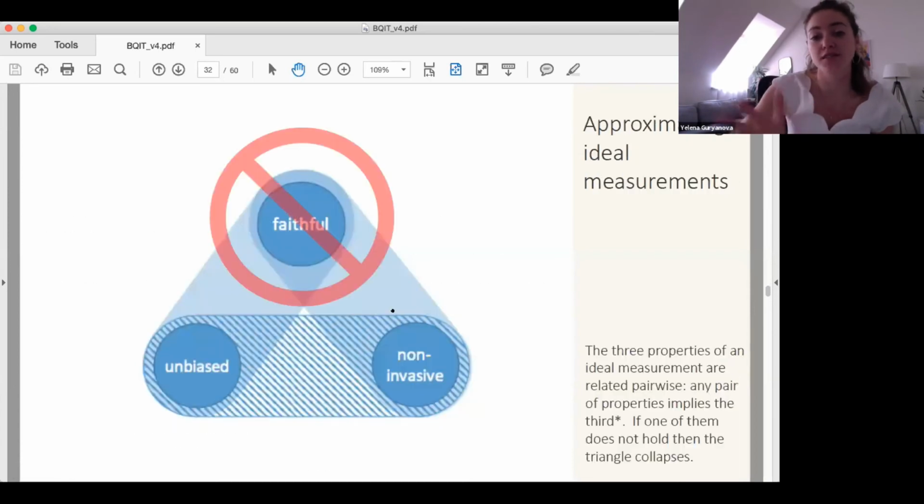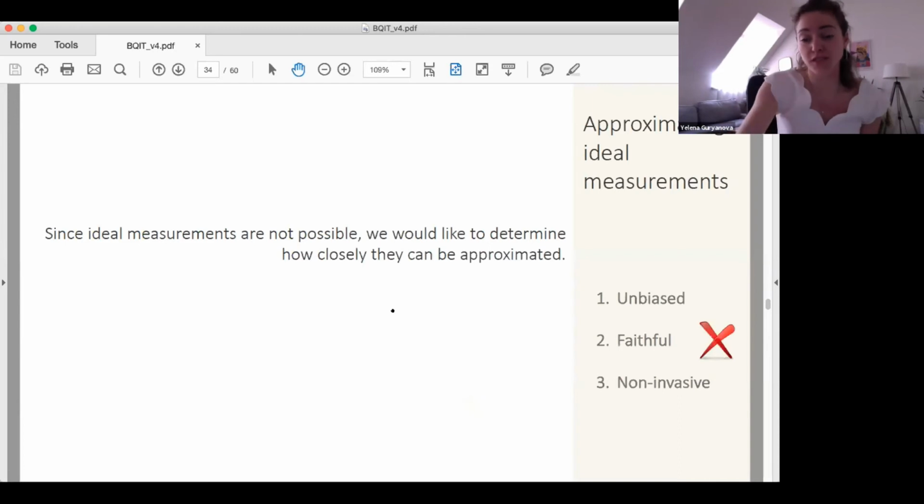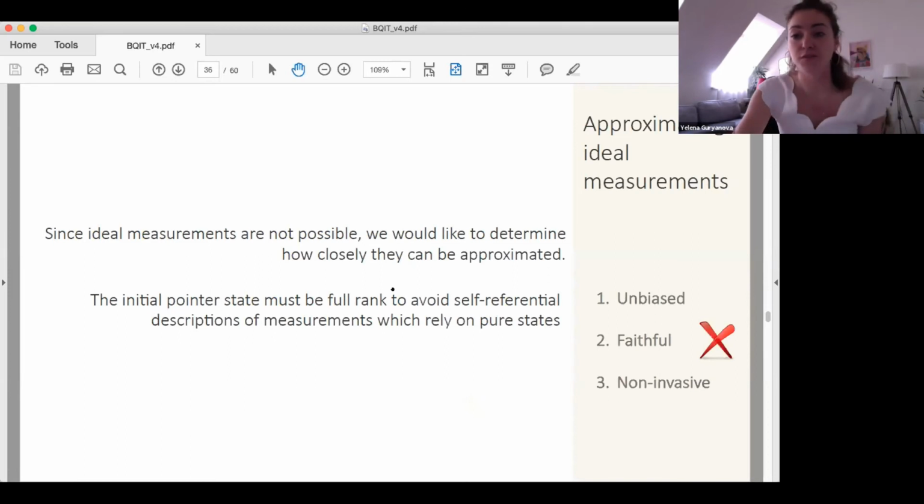So as soon as one of them goes, the whole triangle collapses and we no longer have an ideal measurement. Since ideal measurements are not possible, what we want to do is determine how closely they can be approximated. We've lost the property of being faithful, but the other two we can salvage. What we learned from the fact that pure states don't exist, essentially, is